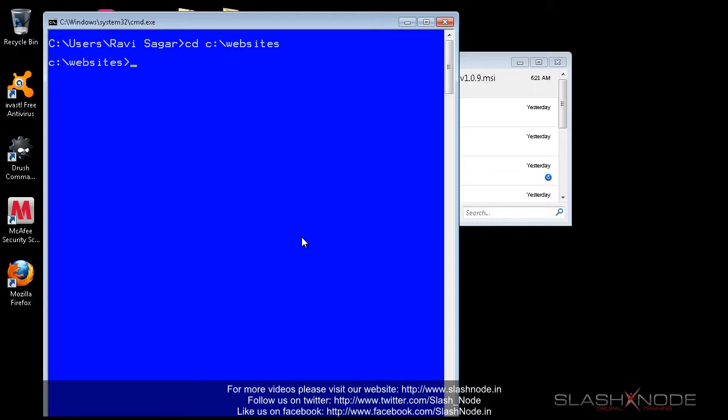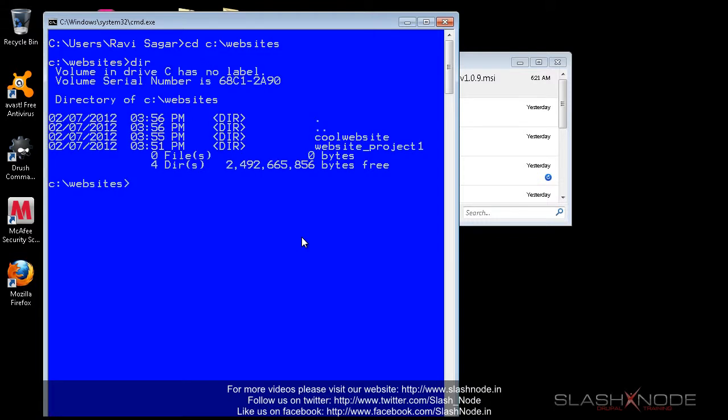Okay, so now let me go to my document root, which is c:/website, and let me check the directory name, and the website is cool. Under this cool website directory, I have a folder called Drupal-7.12.